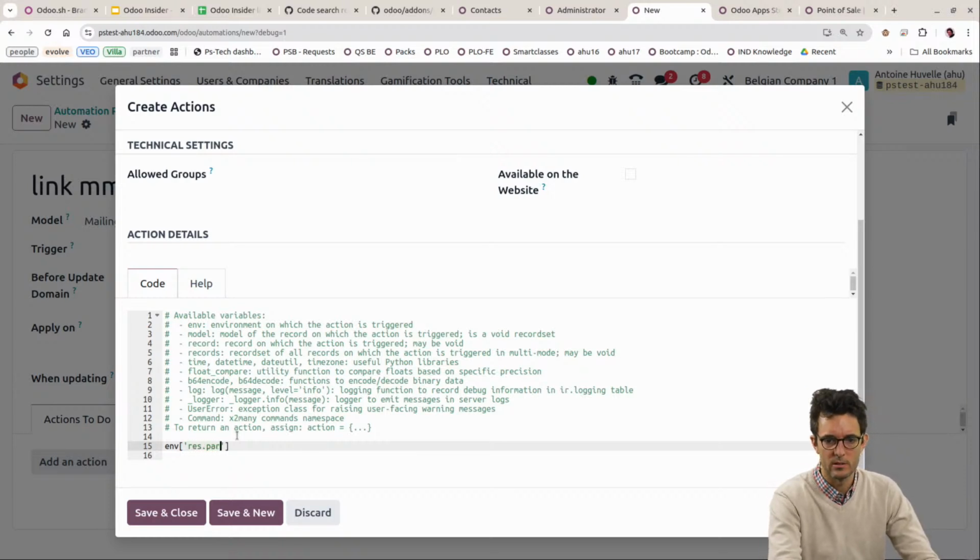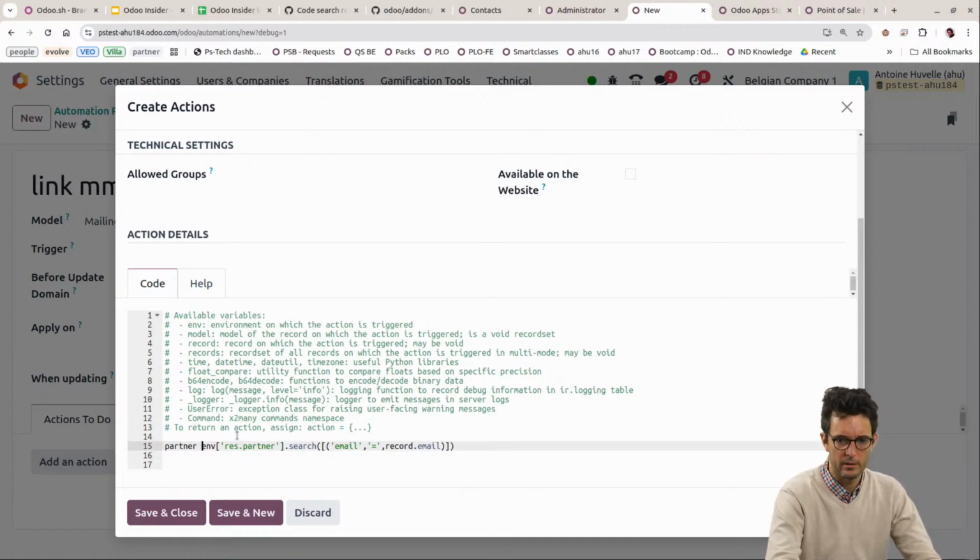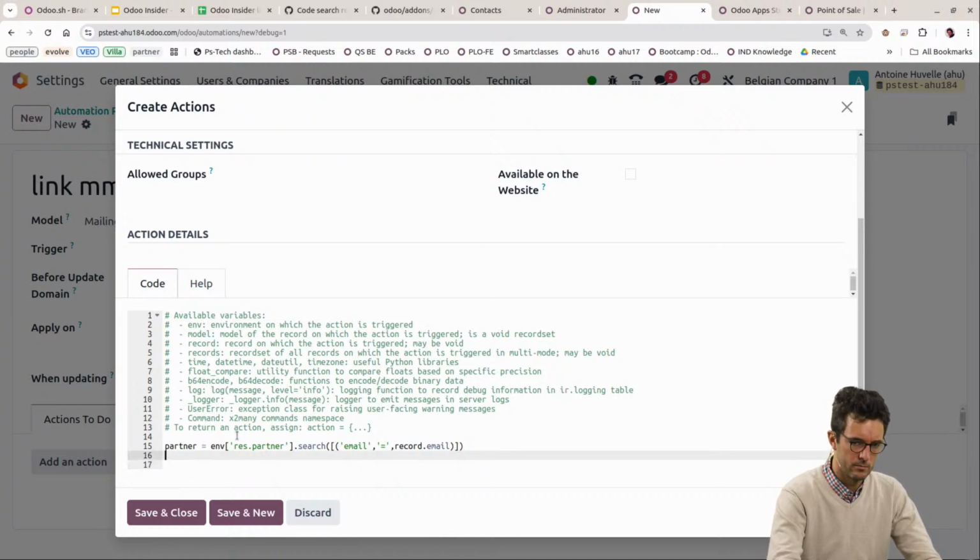But let's find a partner, having the email that is equal to your record email. And if there is a partner, then